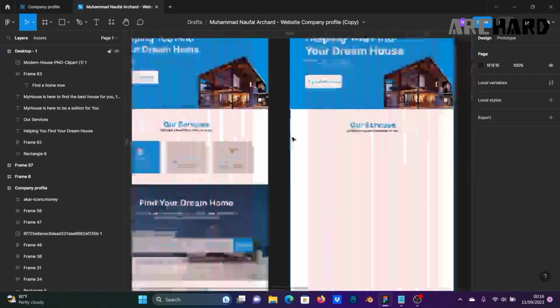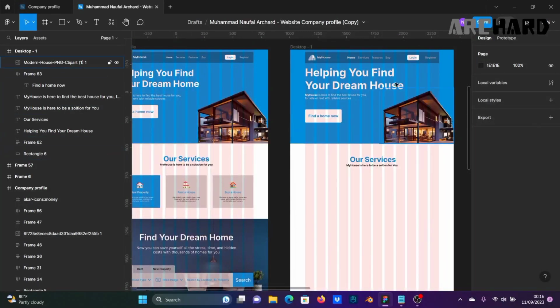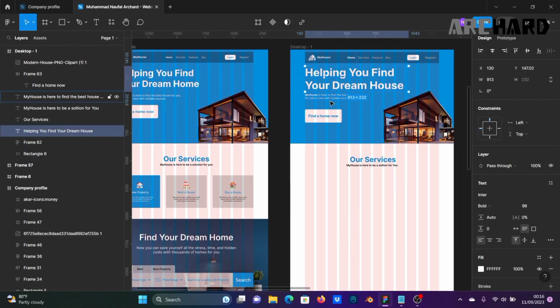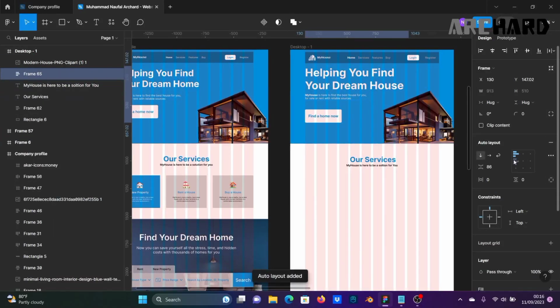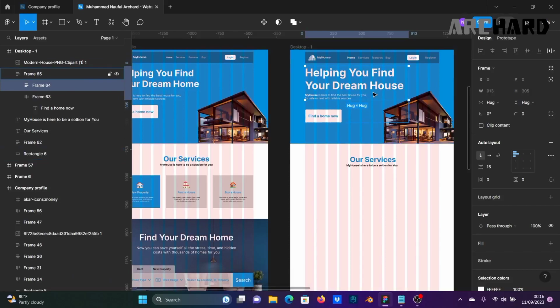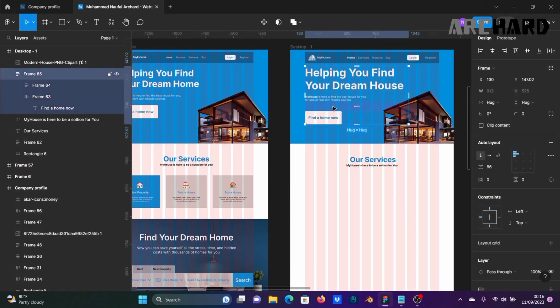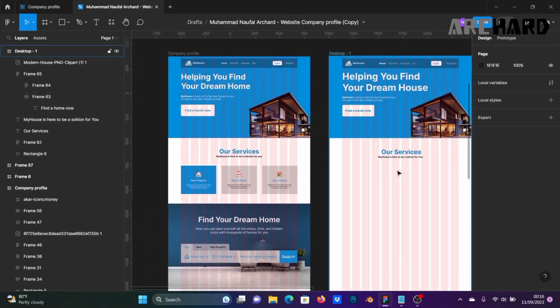Yep. I forgot. I want to add auto layout to this component, or to this object here, before the next step. Okay. Click this and this. Add auto layout. This and this. Add auto layout. Okay. You can adjust the vertical padding or gapping like this. Okay, I want to change to 35, or yes, 35 like this. Okay,